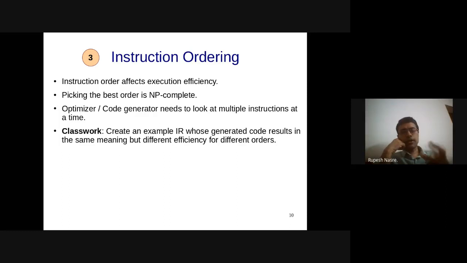If you just reorder the instructions, so that instead of accessing A of 00, then A of 01, A of 02, I start accessing A of 00, A of 10, A of 20, and so on. Let's say I unroll the loop and then start accessing these elements and then I reorder. It's possible that you will get better efficiency because things will be in the cache as you are accessing this. That makes sense, sure. Any other suggestions?